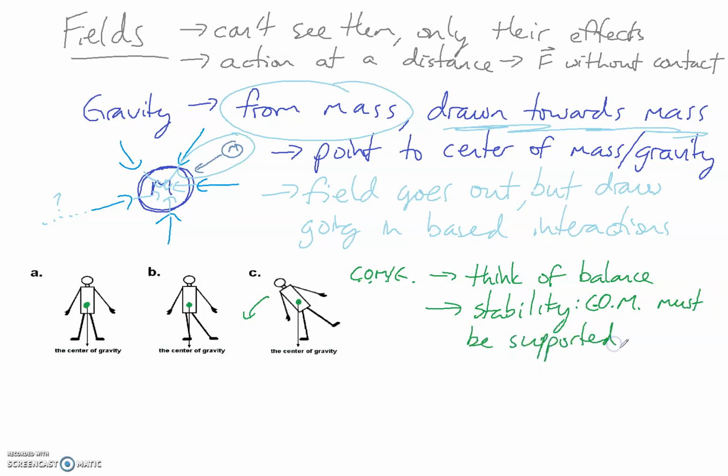And if the center of gravity or center of mass isn't supported, that's when things fall. So here in the first picture, his center of mass, center of gravity is between his feet. It's got support on either side. Here it's still between the contact point of his feet. He's fine. Here it is now past the feet. It's not being supported, and that's why the person will fall. And if you've experienced this too many times, you lean too far over to one side, your center of gravity goes past the contact point of your feet, and you will fall over. And it's just the way it is. Okay, so it's all about center of gravity and balance and that type of stuff.